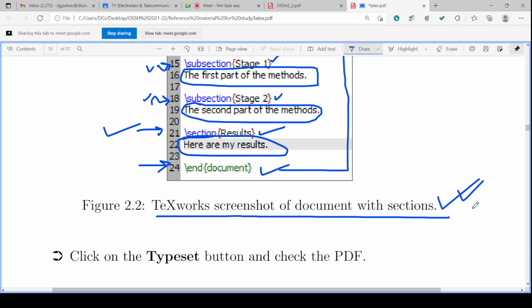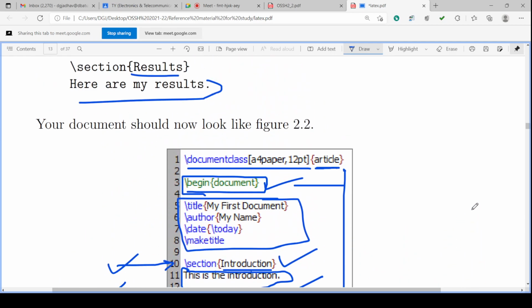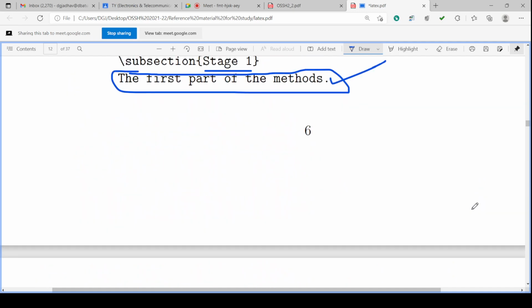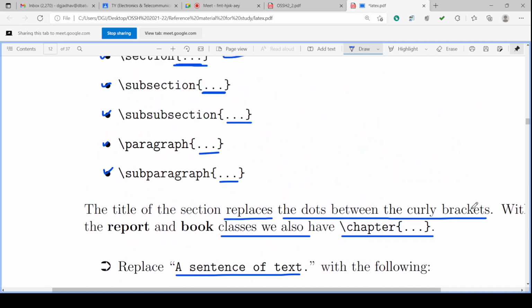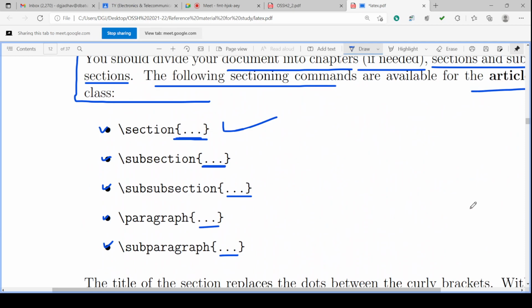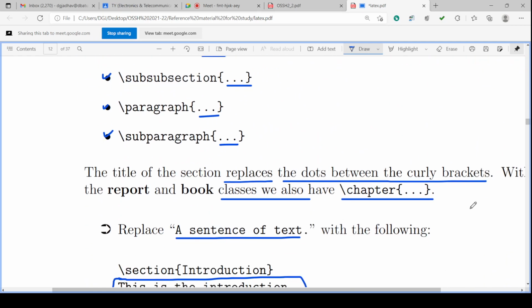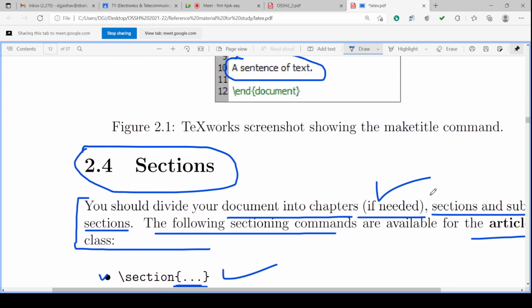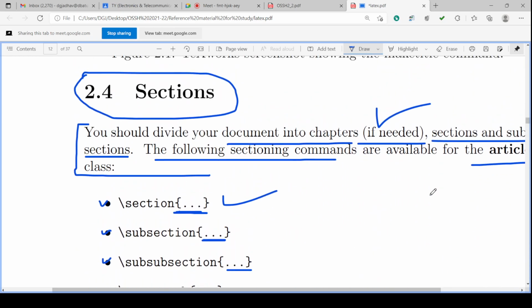How to make the sections is shown here. What is a section, what is a subsection, what is its requirement, what is a paragraph, what is a subparagraph, what is a chapter, all these we have seen. So what are the requirements of that? The requirement is simple.